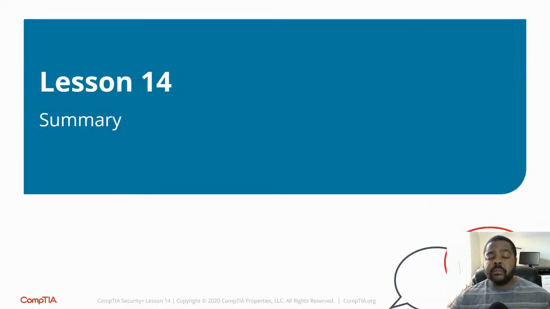So the key points to review when it comes to application building: remember, the most important thing that I want you to take away from this lesson is input validation. If we're building the code, I want someone to build it, but I also want someone to check it, maybe even double check it. Now we went over different types of attacks that could happen when it comes to coding, and we also went over some type of remediations that we could put in place when it comes to